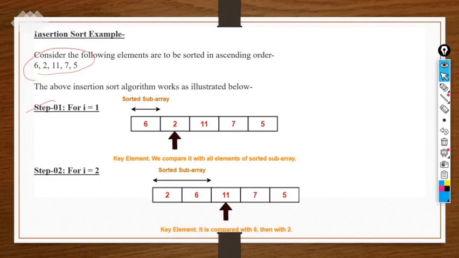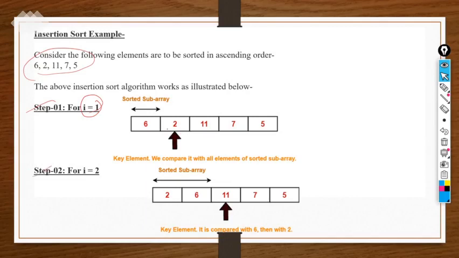Because after all, our main target is to make our array a sorted array, right? So step 1, I variable value is 1. I is the indexing element value, right? Now we will compare, this one is the key element we are taking here.